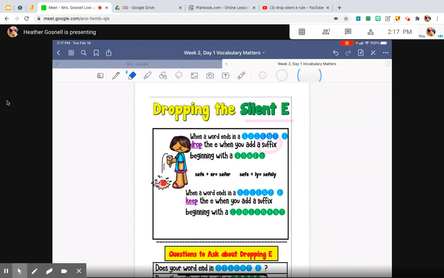However, this week, we are only working with words that have a silent E at the end. Base words that have a silent E. Base words that we want to add a suffix to that has a silent E on it. Some examples of base words with silent E endings: save, care,